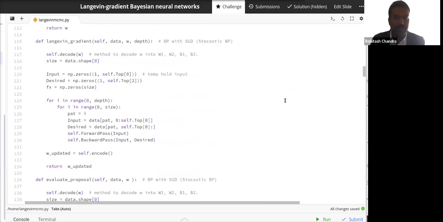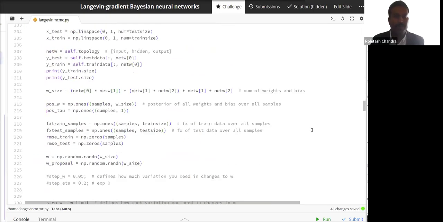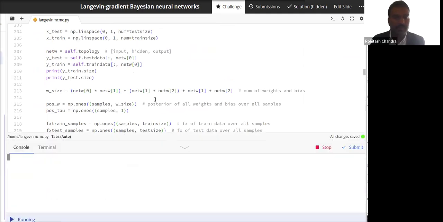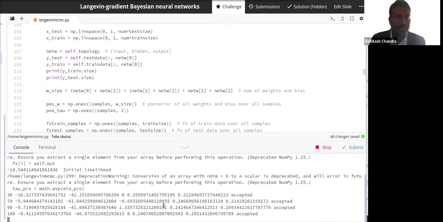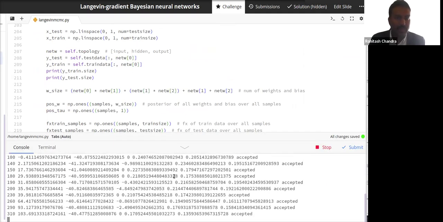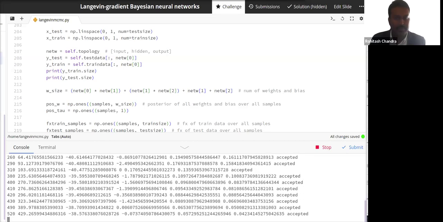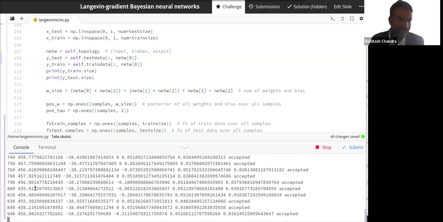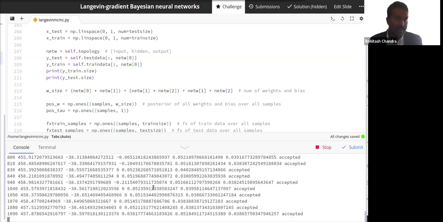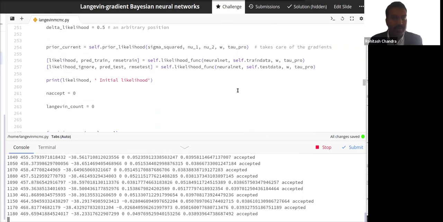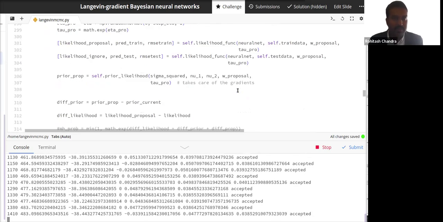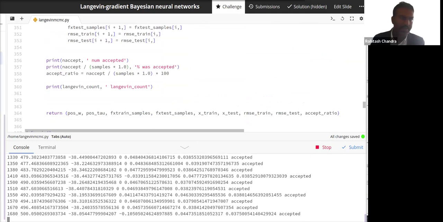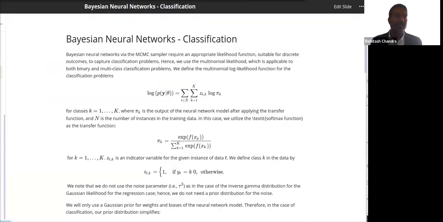And this is basically all the code placed together, which is running, with details about RMSE, acceptance rate, likelihood, and prior. So I'll just move on to the next lesson, which is how we apply linear models